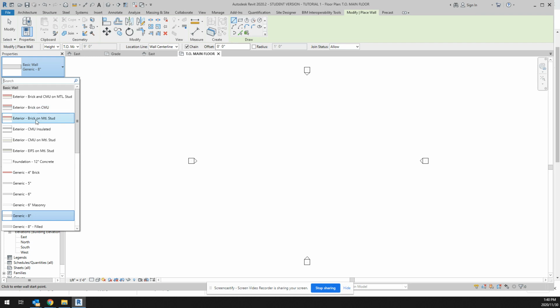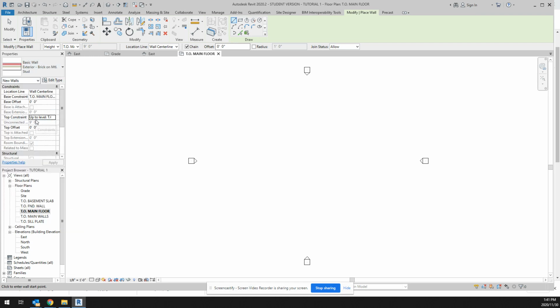Then you have brick on metal stud. For me, in traditional construction, this one is closest to what you'd be doing. We wouldn't be doing metal studs, we'd be doing wood studs. But this is the particular template that I want to start with to create my custom wall type for a stone wall. So if I click on this one and hit the edit type button below,